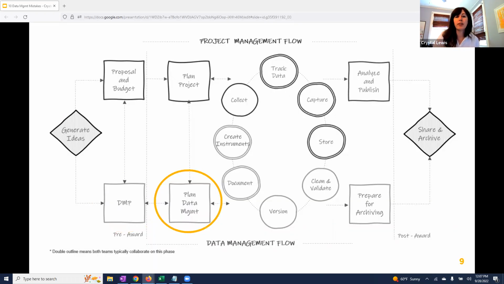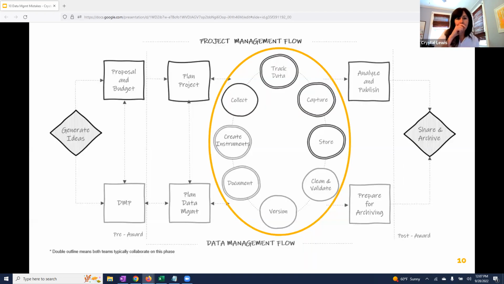And then if your project is funded, you move on to this planning phase. While you're planning recruitment and data collection activities, you're also planning the specifics of how to actually implement that 2 to 5 page data management plan. And then you get into the cycle of data collection, where you're actively collecting data. And in this cycle, data management is integrated into almost every step.